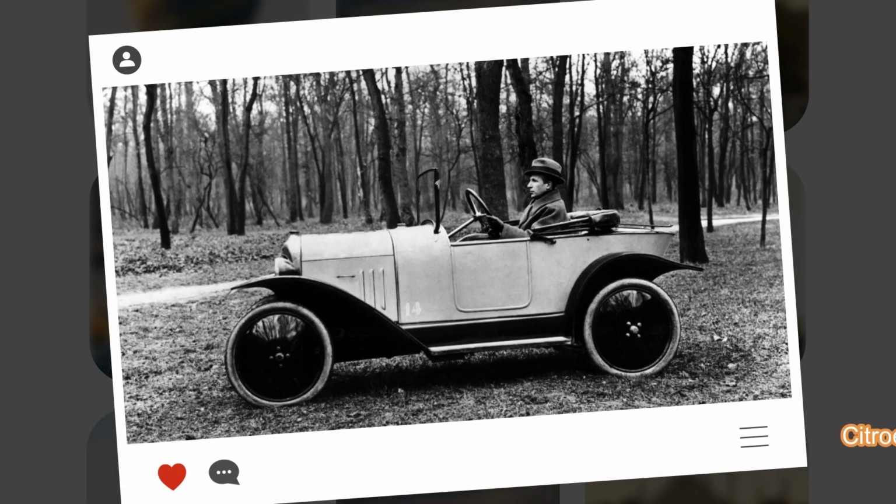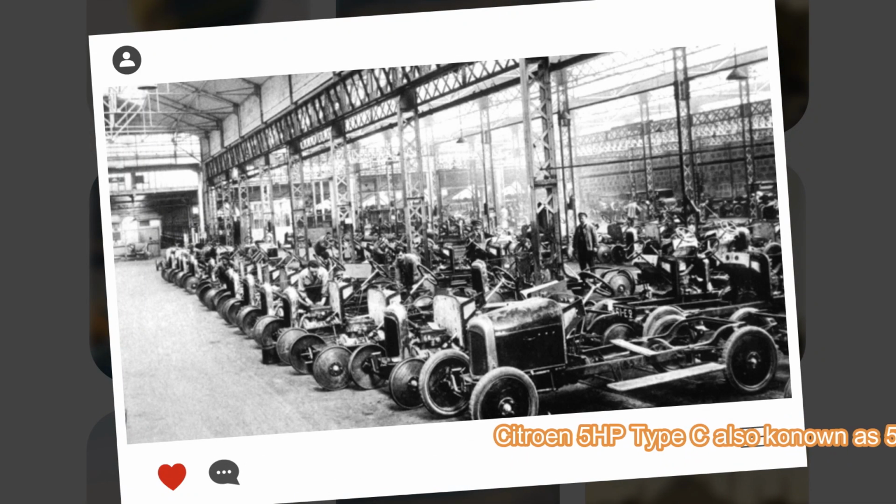Citroen 5HP Type C, 1922 to 1926. Citroen Type C, also known as 5HP or 5CV, was the third Citroen model arriving after Type A and B. It was also known as Petite Citroen, as one of the most notorious colors that people chose was the pale grapefruit. It was one of the few European cars to be mass-produced after the First World War, as Citroen built